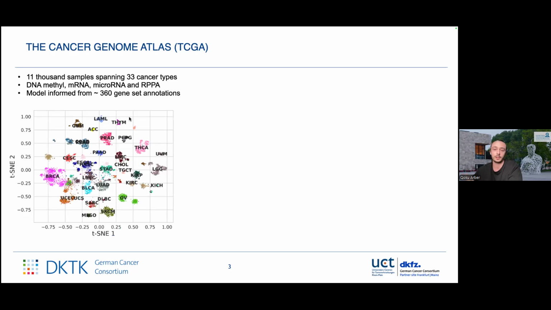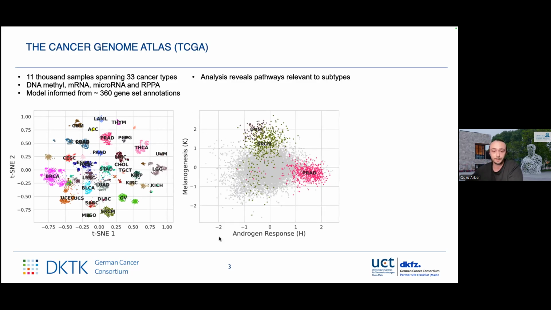Since our method performs a dimensionality reduction, as I said, the joint latent space, we can apply out-of-the-box visualization tools to gauge whether the model can really separate disease subtypes meaningfully, which can be seen here by the t-SNE subplot. So this can be seen as a global overview. Then we can move one layer deeper and perform statistical tests to pinpoint the most relevant pathway or latent factor informed by the pathway for each cancer subtype. And among others, we see melanogenesis, which is quite relevant for skin cancer patients, and androgen response as highly relevant for patients with prostate cancer.